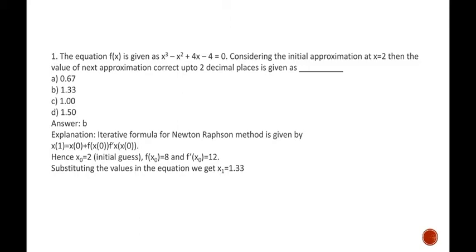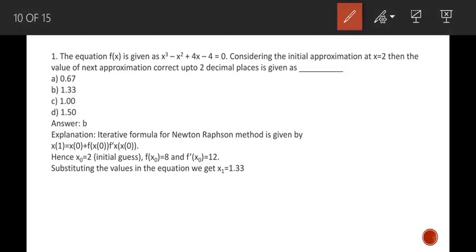The iterative formula for the Newton approximation method is given by x1 equal to x0 minus f of x0 upon f dash of x0, right? As the initial guess is x0 equal to 2, we simply have to put x0 equal to 2 in our formula and we will get the answer 1.33. So the correct option is B, 1.33. This is your correct answer. Next,